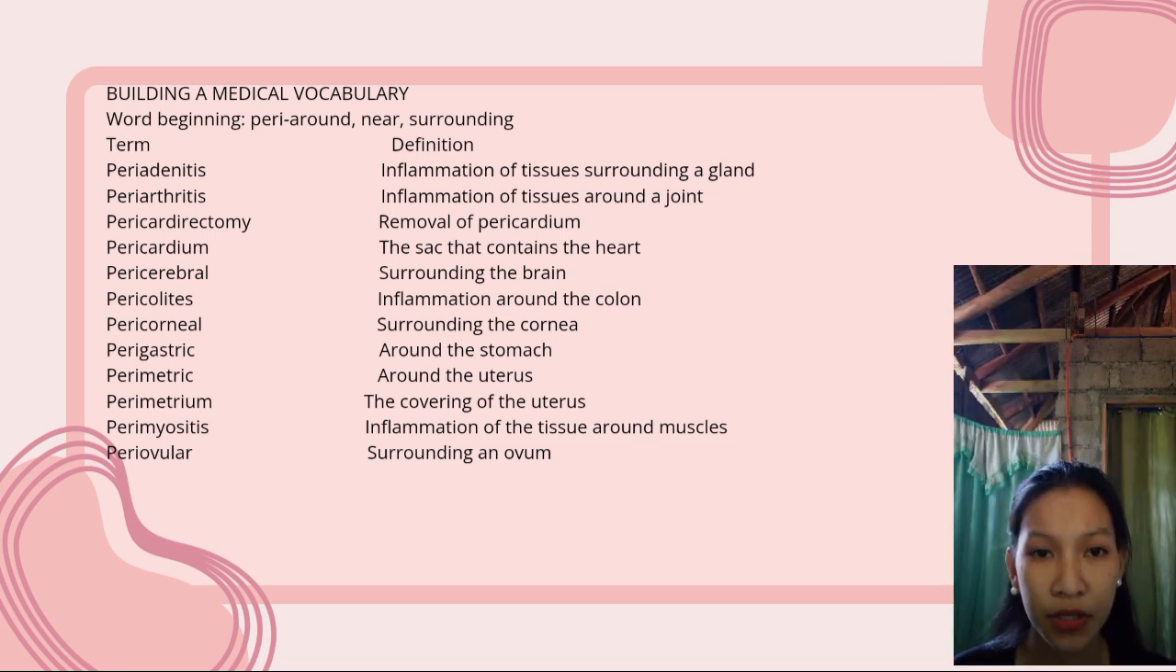Perimyositis, inflammation of the tissue around muscles; periovular, surrounding an ovum;